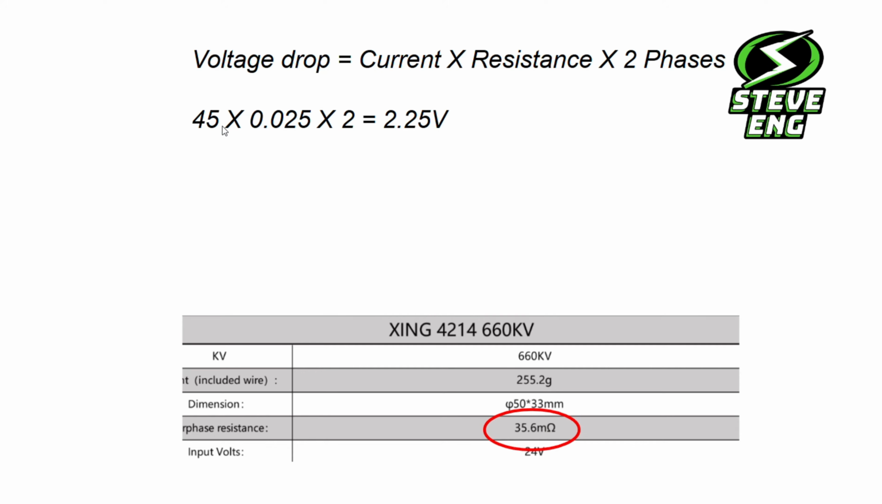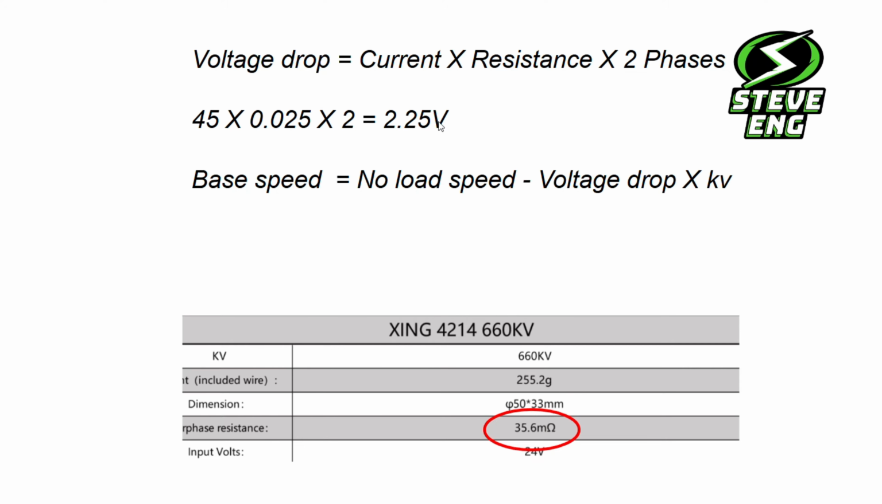So I'm going to put my 45 amps in, multiplied by 0.025, which is my 25 milliohms divided by 1000, multiplied by 2 for the two phases, and that equals 2.25 volts, which obviously isn't the base speed. To get the base speed, we've got to take the no load speed and then take off the voltage drop that we just calculated, multiply by the kV value again. So it's pretty simple really. So yeah, 6,882 RPM, subtract the 2.25 volts times 620 RPM per volt kV value, and that equals 5,487